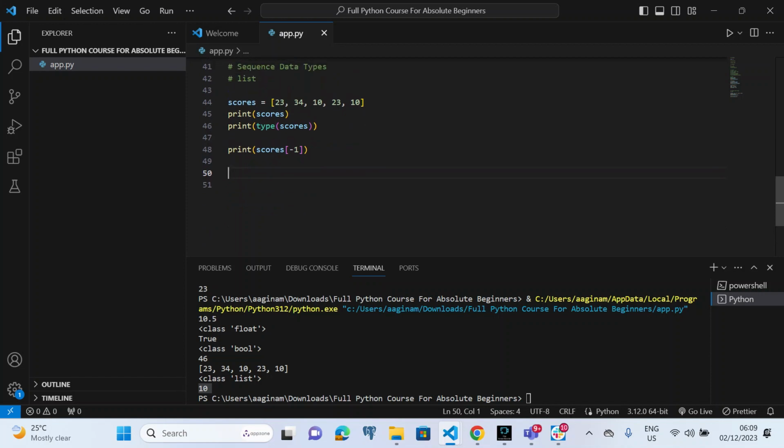There are other ways you can manipulate a list as well, but we are limiting this class to the very basics. I want to cover all the basics that you need to know so that you can start writing your own Python code. So let's talk about tuples, right? A tuple is basically a sequence data type that you create